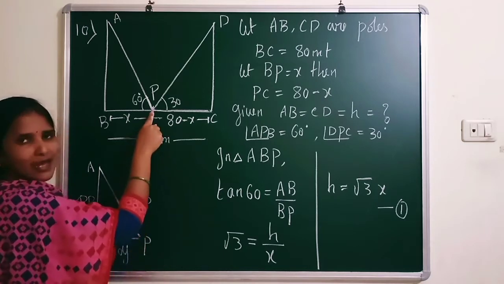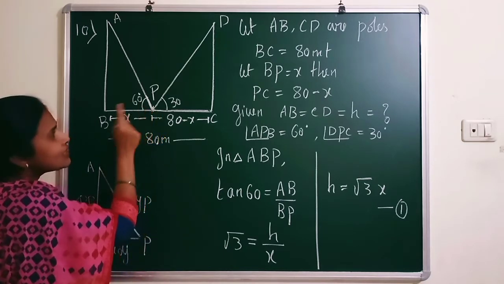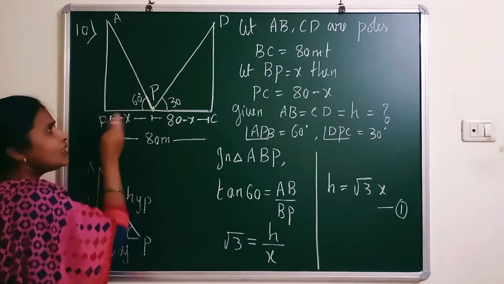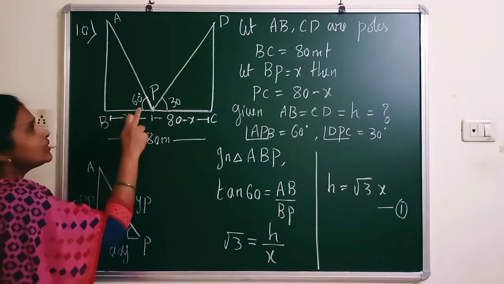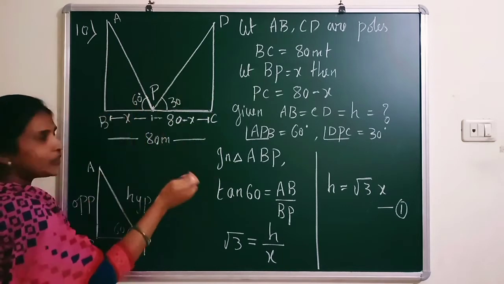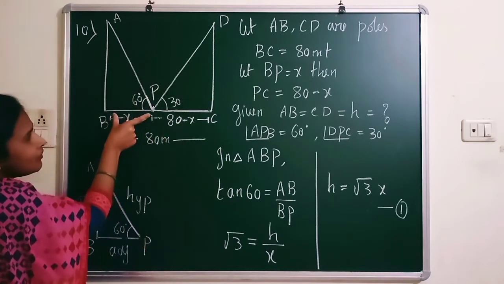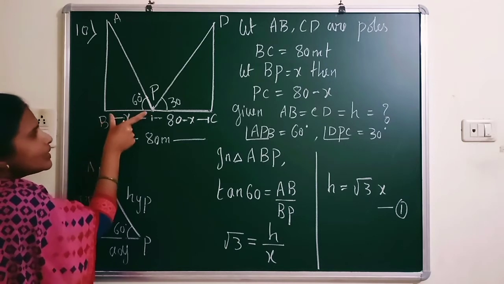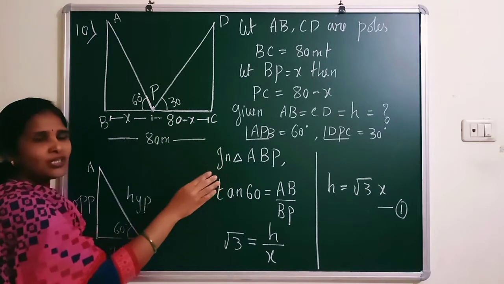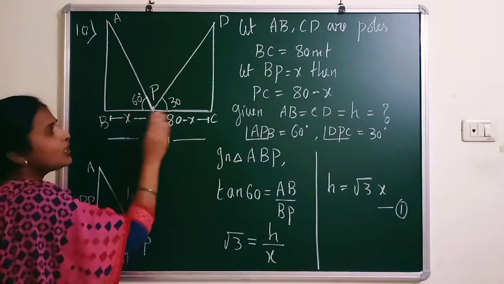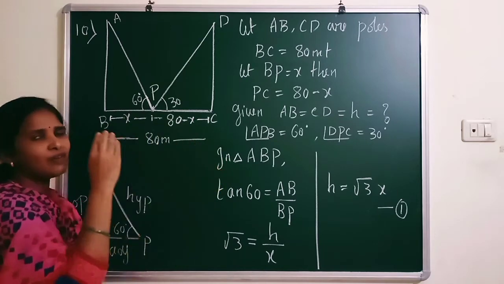Now because it is the same point and if it is 60 degree, the point will be near to this point B. Means the point B will be near to B. That's why both the heights are same. But here you can see this width, that is BP, is smaller and PC will be longer. Don't worry about this, just draw the diagram. Even though you don't understand this, however you draw, it will come correct.